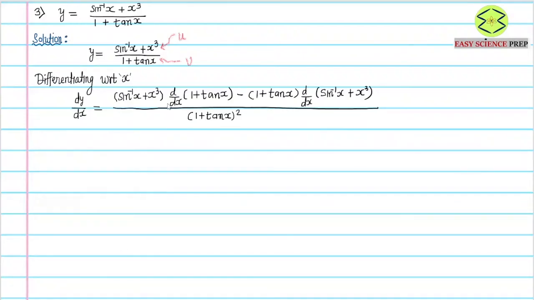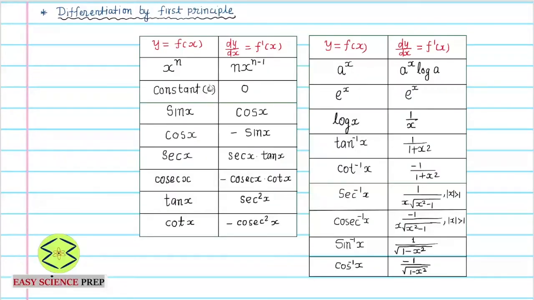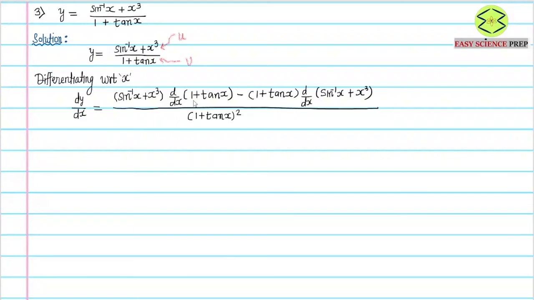Now we have the derivative of 1. So 1 is a constant, right? So the derivative of 1 is going to be 0, because as per the table the derivative of any term independent of x is 0. So the derivative of a constant is going to be 0. So in this particular case, this derivative of 1 is going to be 0. I am doing it directly. This whole term has no differentiation, so I will write it as it is, sin inverse of x plus x cube.